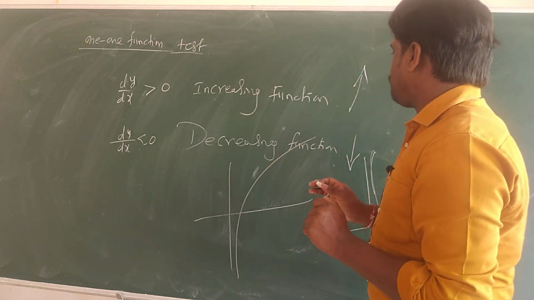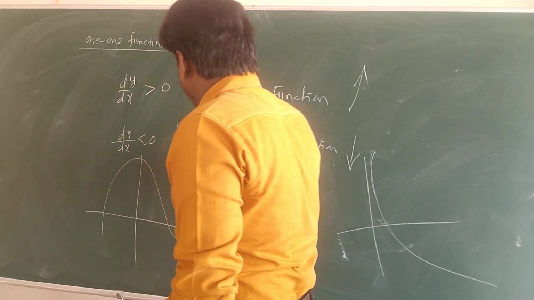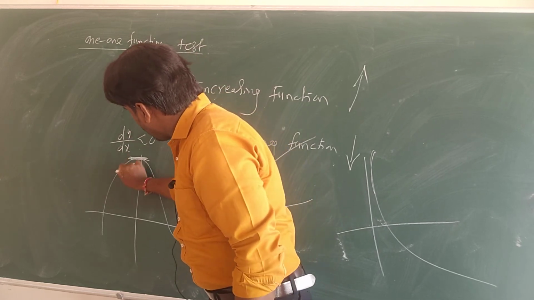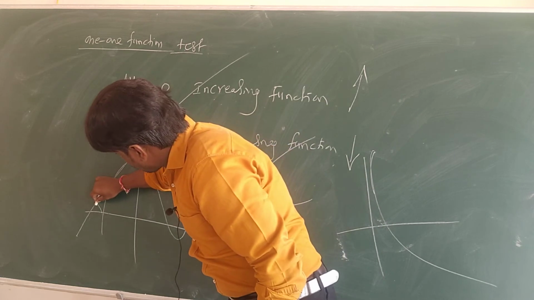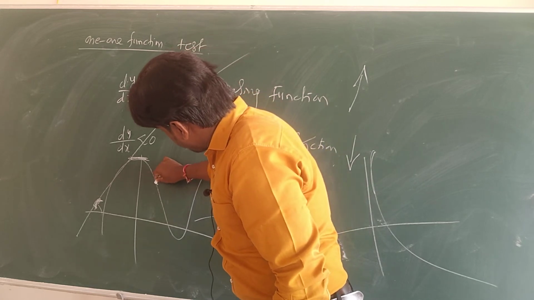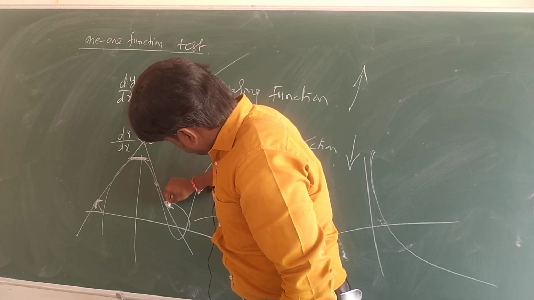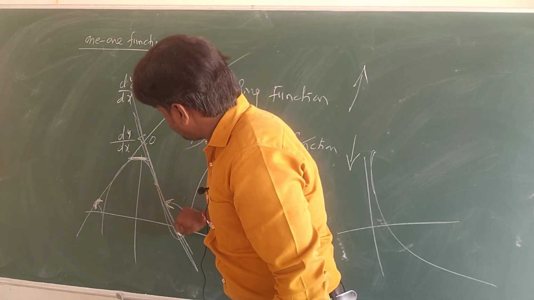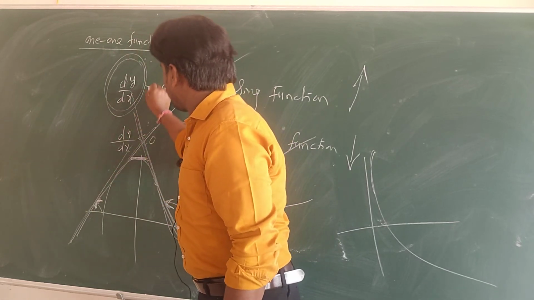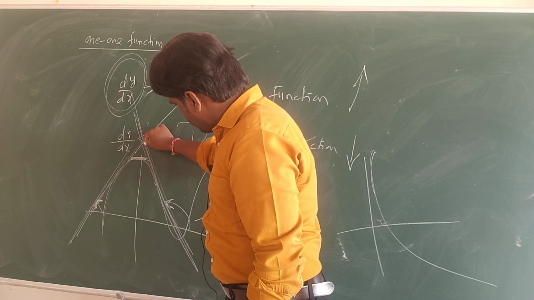What I want to say here, suppose you have a function like this. At this particular part, here is the point, and if you draw a tangent here, with angle theta, this is positive. And if I draw a tangent here, and this is more than 90 degrees, it is a negative angle. Slope is negative here, slope is positive here. Dy by dx means slope. If dy by dx is positive, it's increasing. See, this is increasing. Dy by dx is negative and it is decreasing.